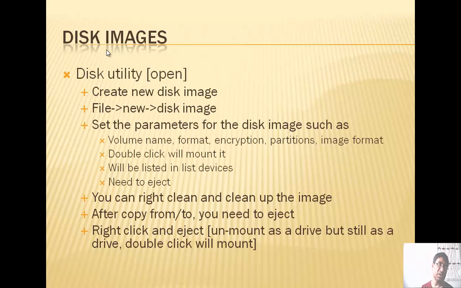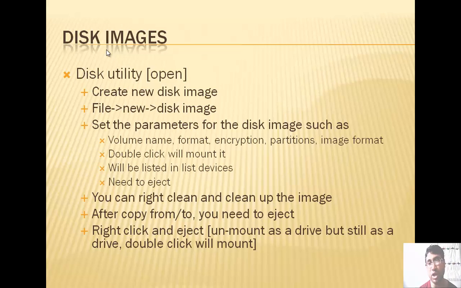I think a disk image, you can also mount it as a disk volume. You can mount it, unmount it, just like a disk volume or disk. So how to create the disk image? When you are in the disk utility, you can go to the file menu and then New, and then go to Disk Image,